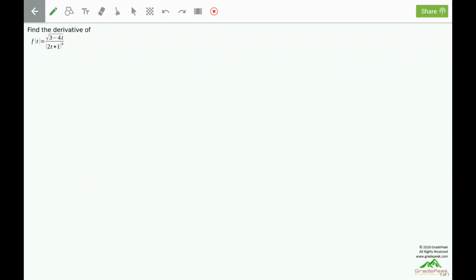Find the derivative of f of t equals the square root of 3 minus 4t divided by 2t plus 1 to the fourth. So f of t here is the quotient of two functions. We have the square root of 3 minus 4t divided by 2t plus 1 to the fourth. We're therefore going to make use of the quotient rule, but before we do that, let's rewrite that numerator as